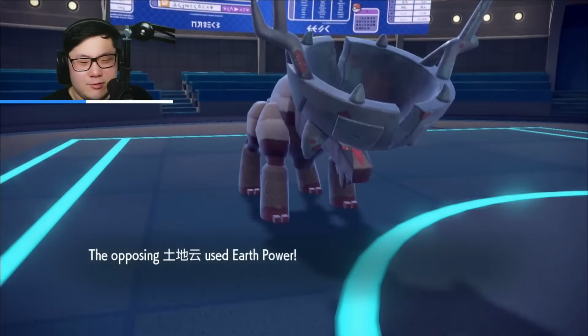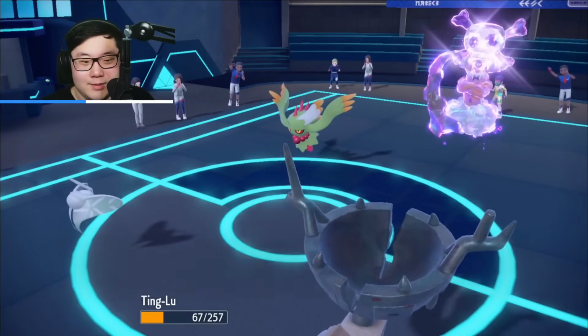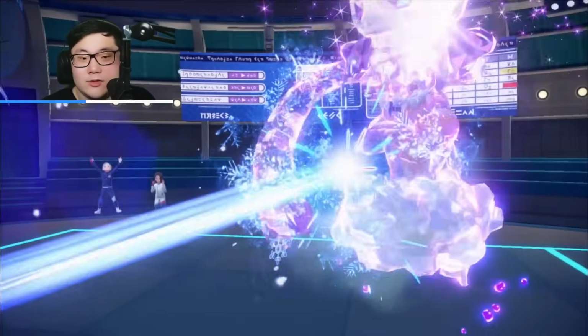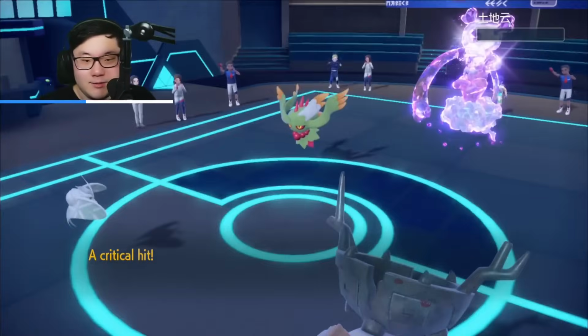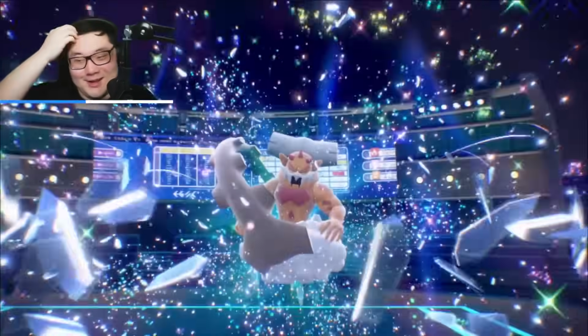Look at how little that Moonblast did. And the Earth Power is going to come out, and not enough damage. I am going to be able to get an Ice Beam off into the Landorus, going to pick up a knockout. A Stomping Tantrum is also going to be fired off into the Flutter Mane for a knockout. And